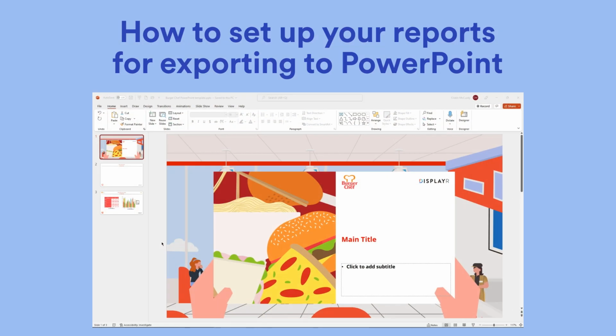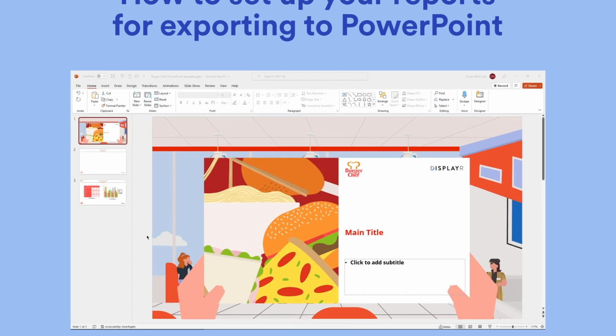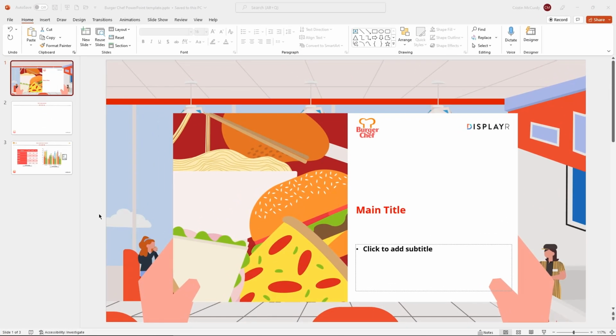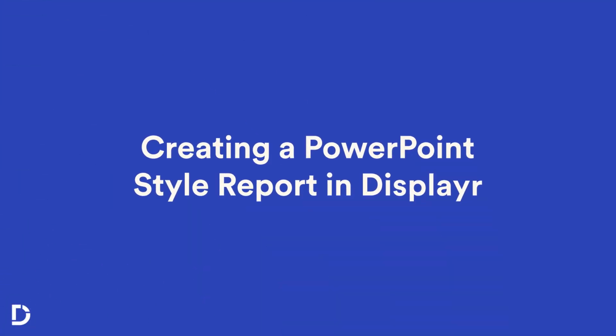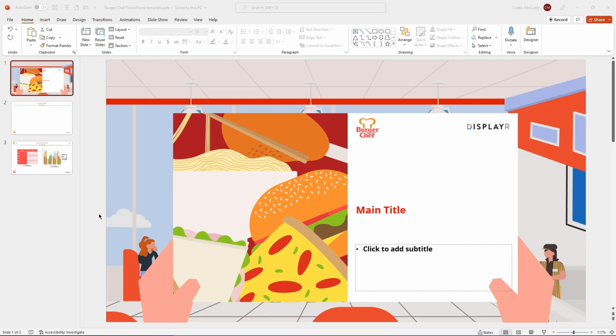There are two ways that you can set up your reports for exporting to PowerPoint. You can either create a PowerPoint-style report in Displayr and do your final edits there, or hook up your existing PowerPoint decks to Displayr. The first is our recommended method, as it is more efficient. If you replicate your PowerPoint in Displayr, when you export to PowerPoint, there will be minimal, if any work at